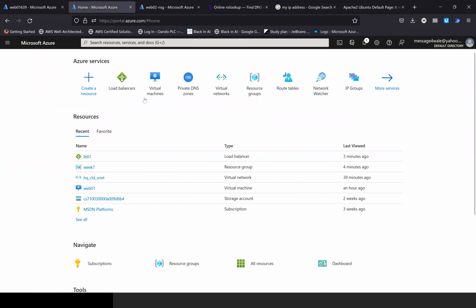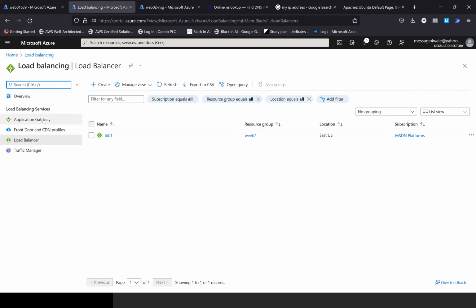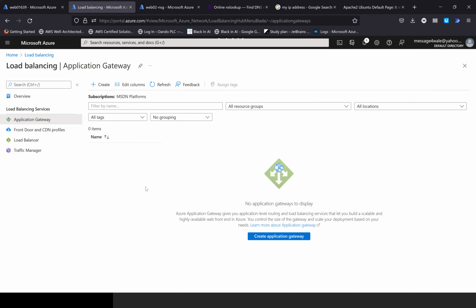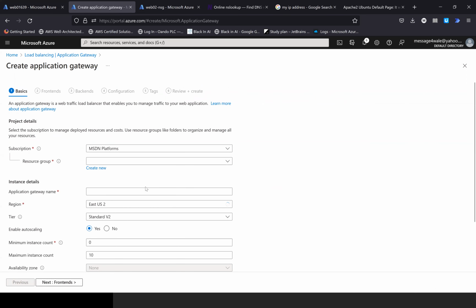Sorry, your application gateway rather, which makes it your web application firewall. So if I come back to load balancers, this time around, using the same set of servers, I would create a web application firewall. I keep saying web application firewall, web application gateway, primarily because one of the advanced features of the application gateway is the web application firewall, which helps you protect your web application from attacks. Some of us will be familiar with the OWASP top 10,